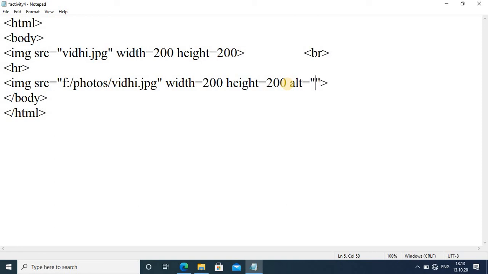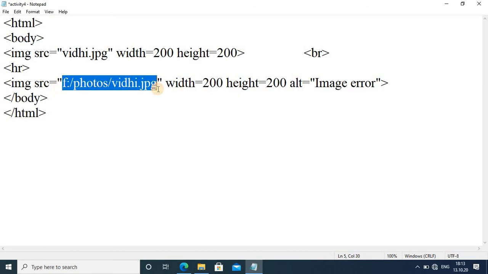So you can write here image error. Like that way, any message you can give here. Now see here, my image path is correct, so it will not show this message. But if you change your path, then you will get this message.